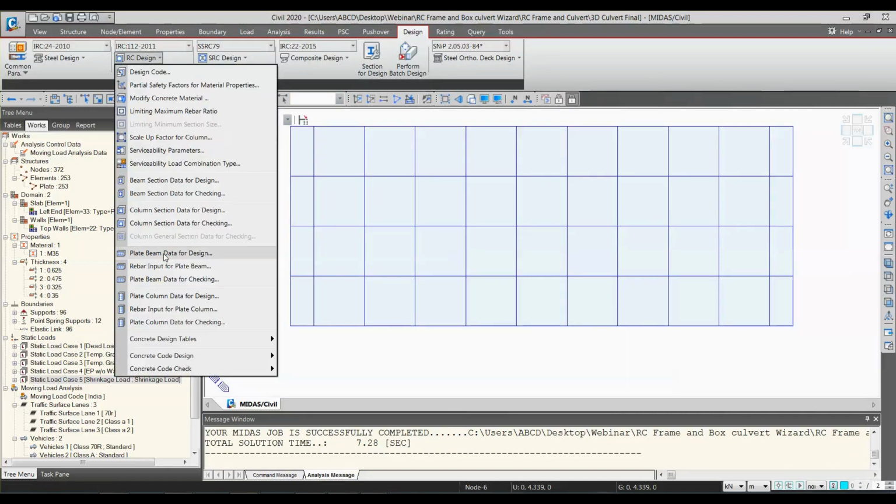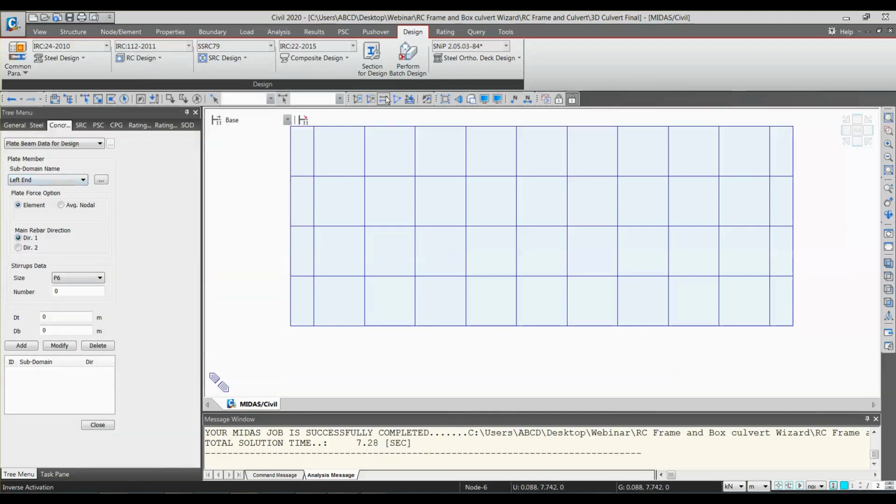Now here what we will use is plate beam data for design. For the left end, the plate force option I have kept as element, direction would be 1, and I have given 45 mm, add.